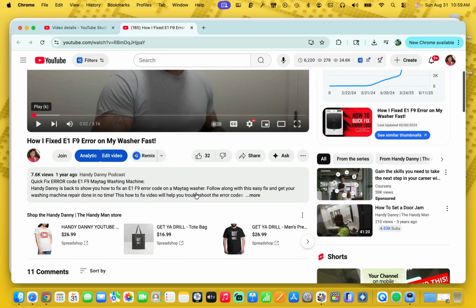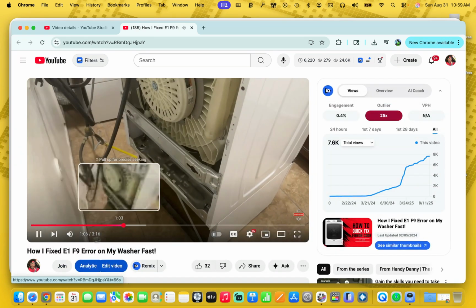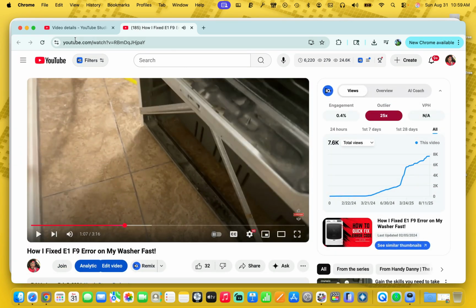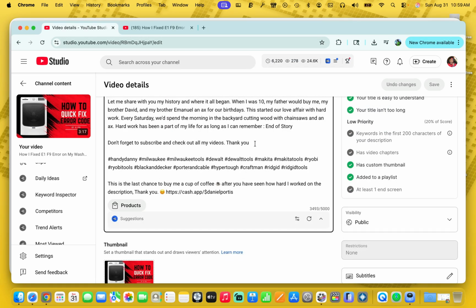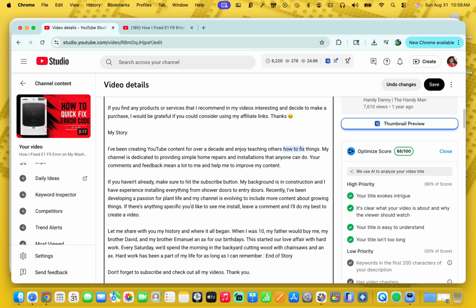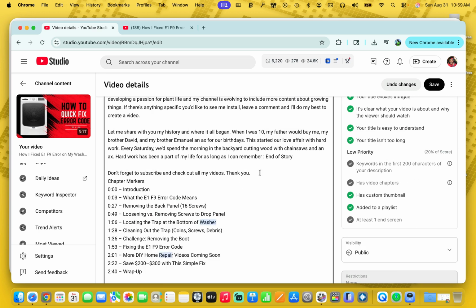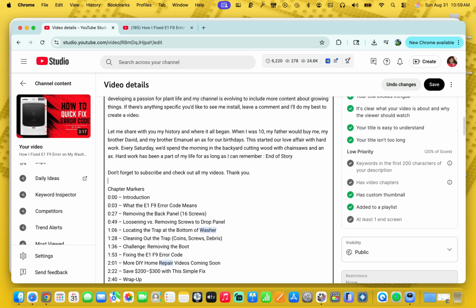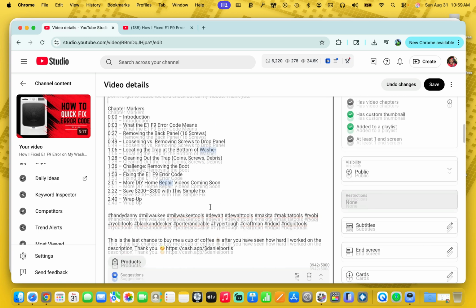If I go look at that description, I can manually click and go to that space if I want to. But what I'm going to do now is, close to the bottom, paste what ChatGPT, the AI assistant, gave me in regards to the different chapter markers.